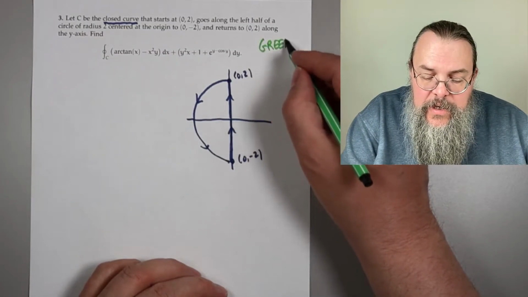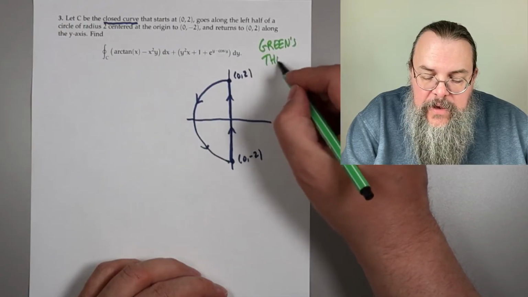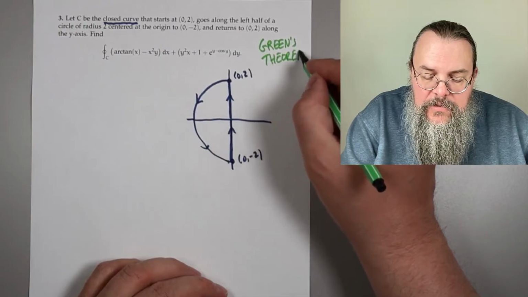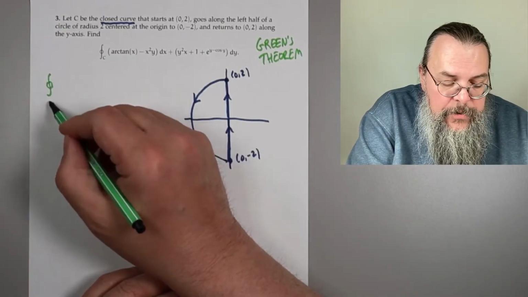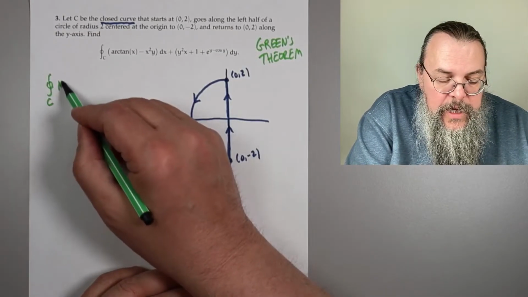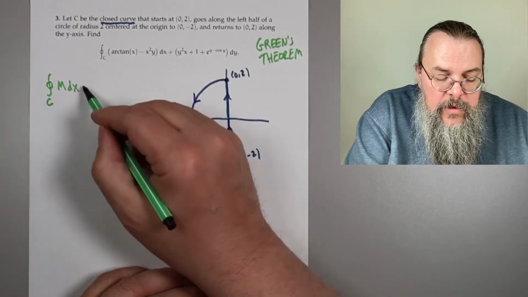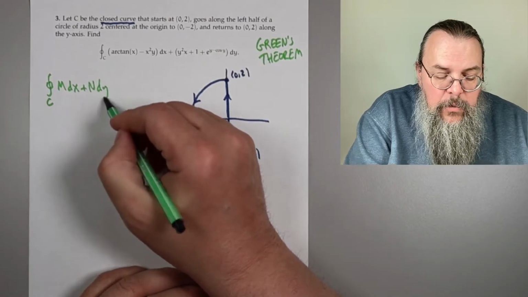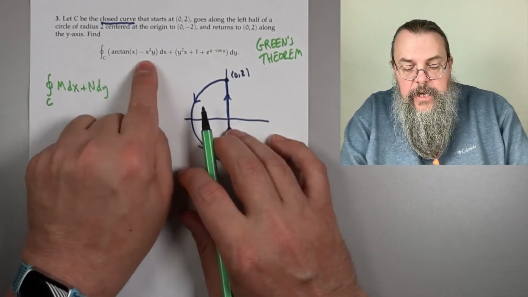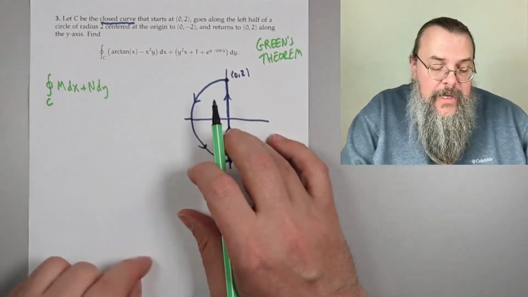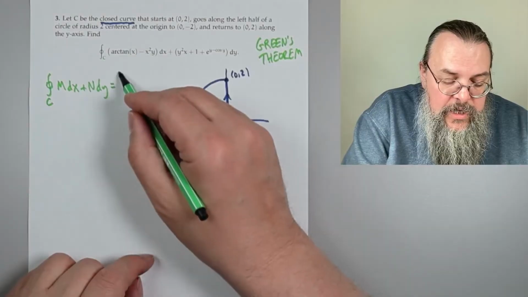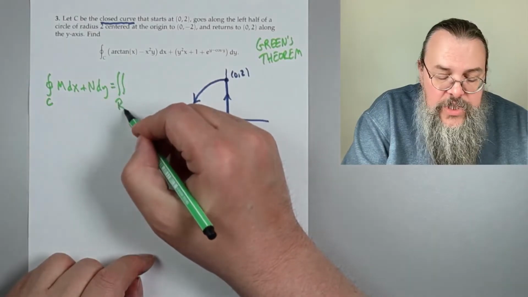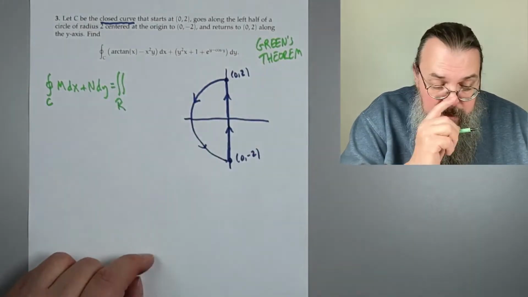So Green's theorem is this nice fact that says, hey, if you've got an integral, we'll write down what Green's theorem says, of m dx plus n dy, and that's right, so this is our m dx plus n dy, then this is equal to the integral over the region of the curve of,